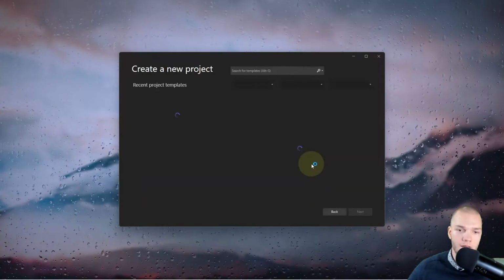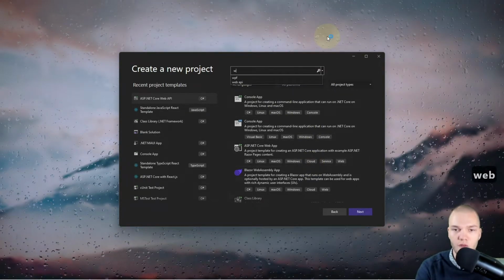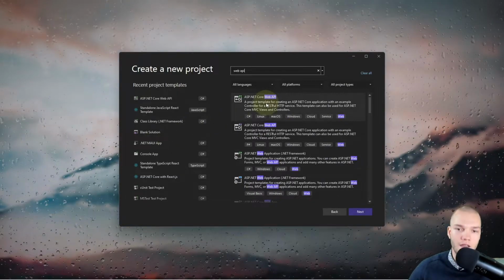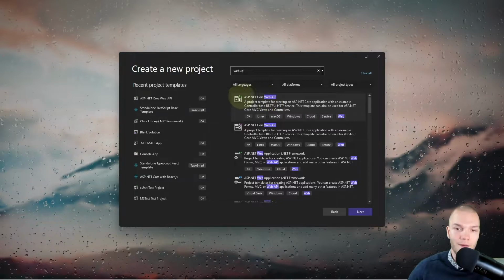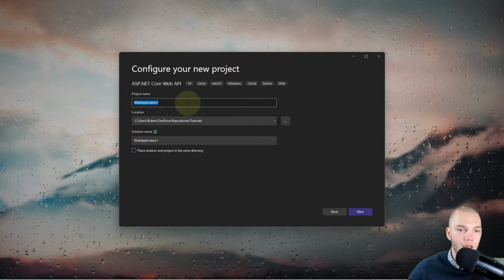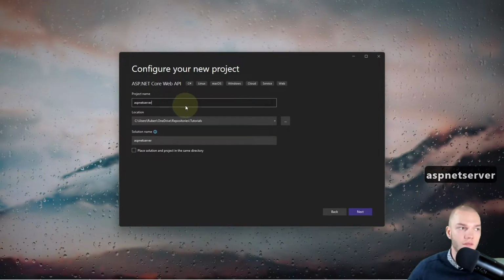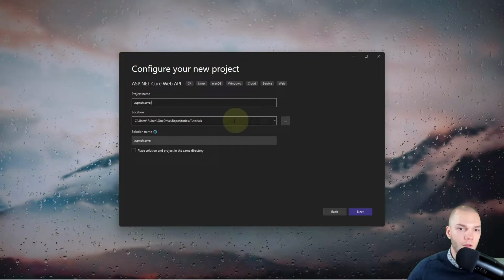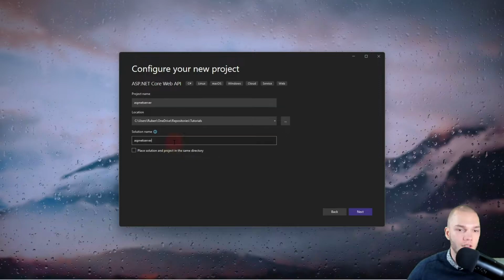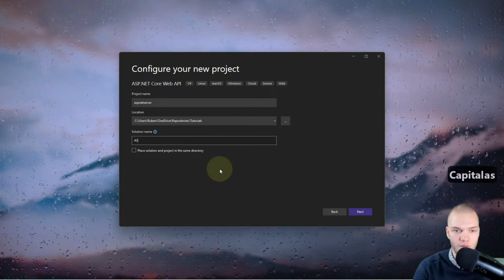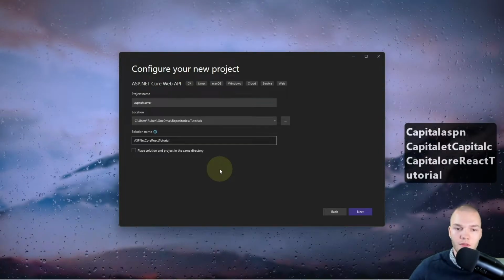and I'm gonna hit create new project, and I'll just search for web API, and I'll pick the first result called ASP.NET Core Web API with the little C# icon, and I'll name the project all lowercase ASP.NET Server, and I'll set the location to my tutorials folder, and I'm gonna change the solution name to ASP.NET Core React Tutorial.